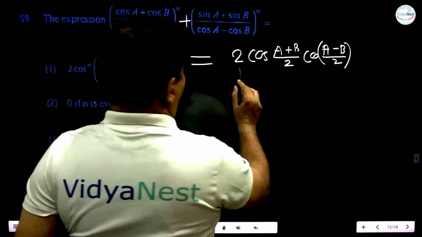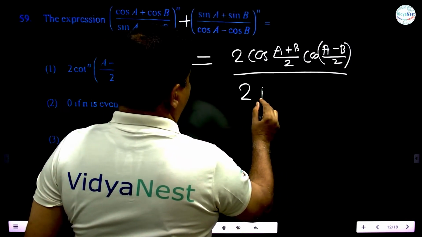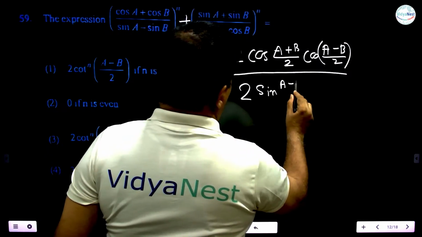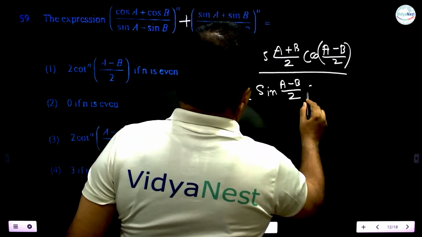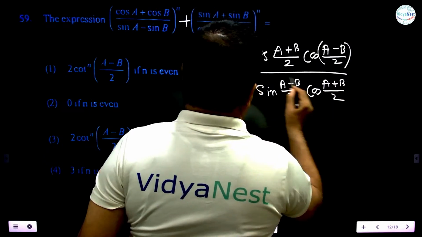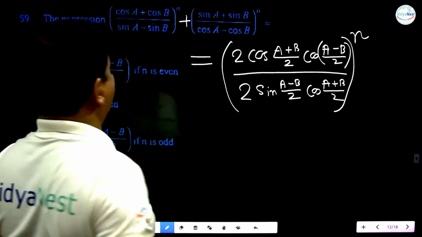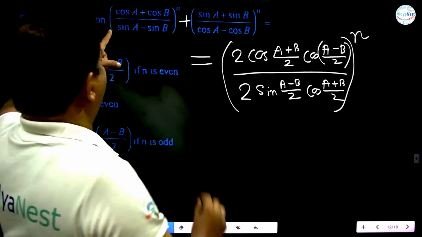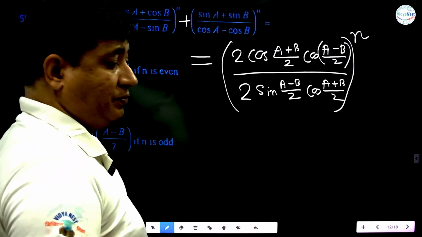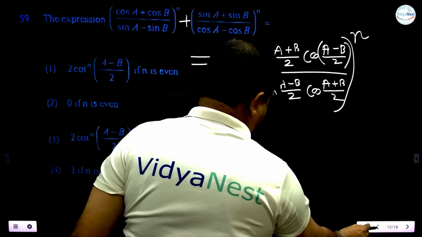Sin A minus sin B is 2 sin (A minus B by 2) cos (A plus B by 2), whole to the power n. So instead of this, I have written this. Now this thing will be simplified. See,